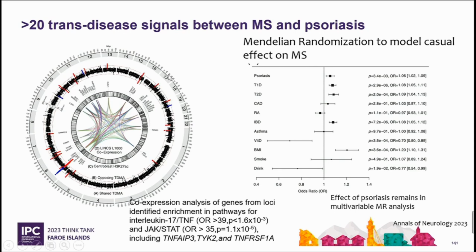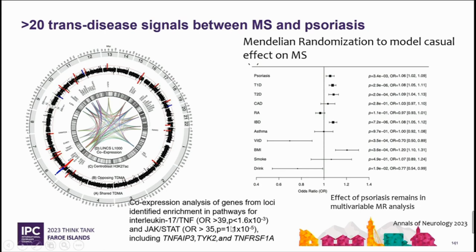So this is a circus plot, oops, sorry. To indicate, the signals that are shared are in this panel here. The signals that are in the opposite direction are in the opposite panel, and then we show with different colors whether they could be independent signals or not. Okay, when you look into the genes encompassed in these regions, you see a lot of genes involved in IL-17 or TNF signaling, or JAK-STAT signaling, including some really prominent genes that we have identified, like